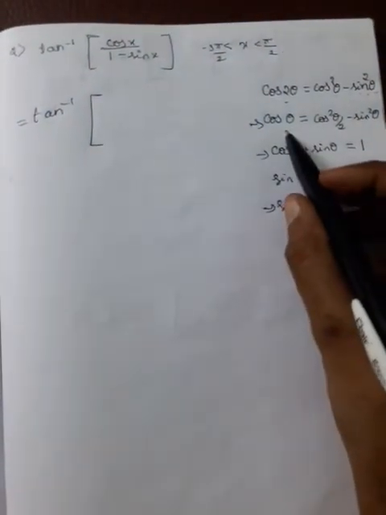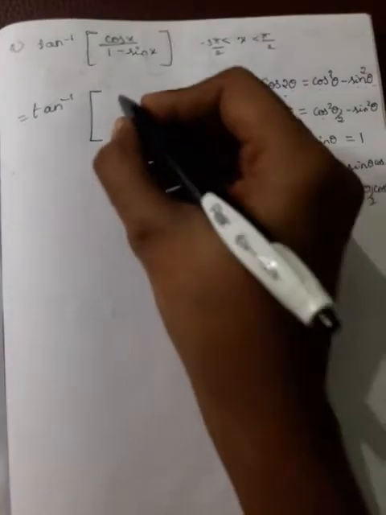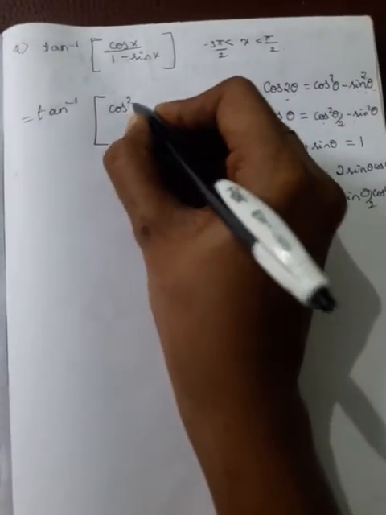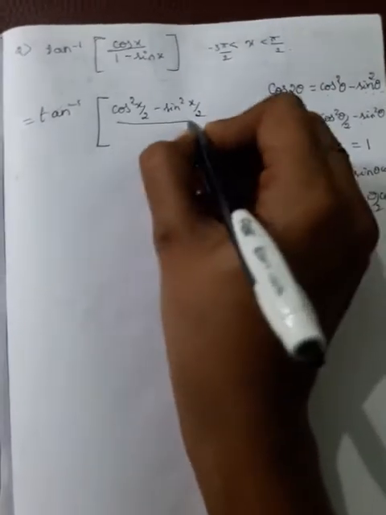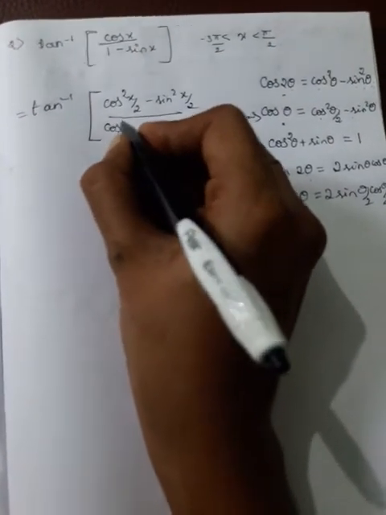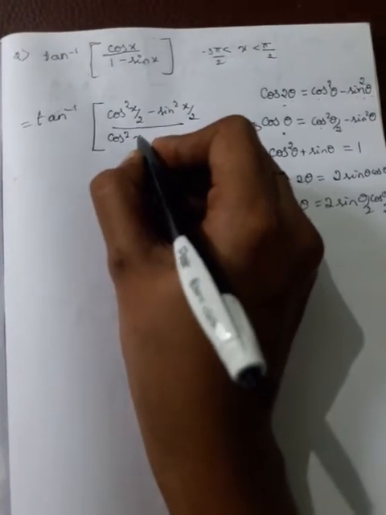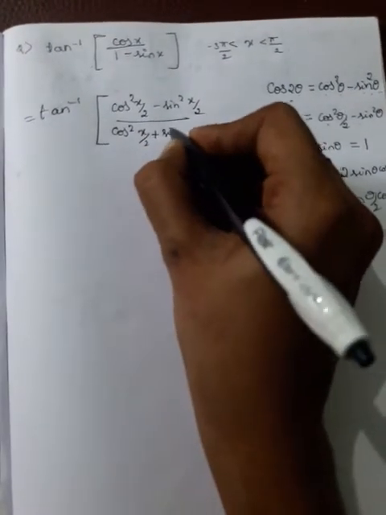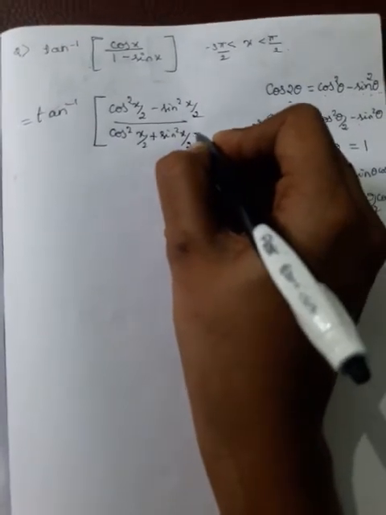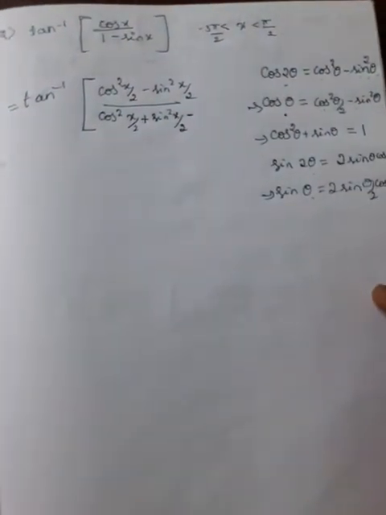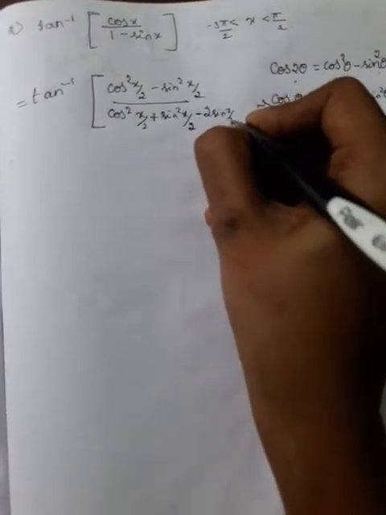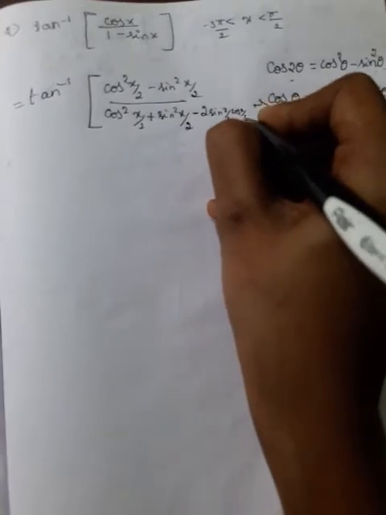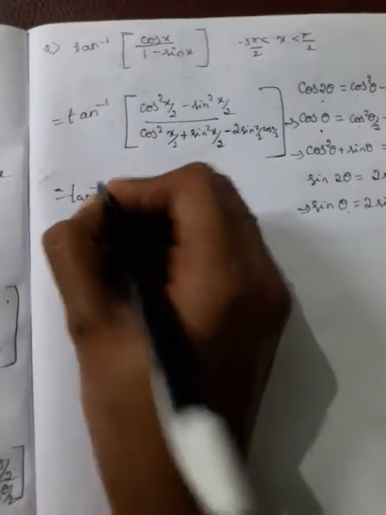cos theta, cos x can be written as cos square of x by 2 minus sin square of x by 2, divided by 1 can be written as cos square of x by 2 plus sin square of x by 2, minus sin x can be written as 2 times sin of x by 2 into cos of x by 2. Okay, this is equal to tan inverse of,